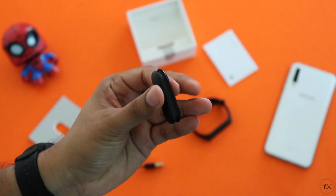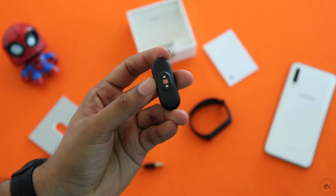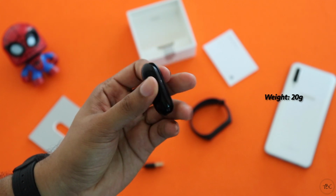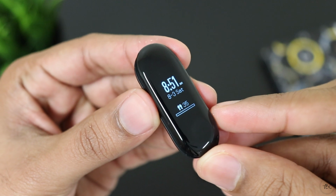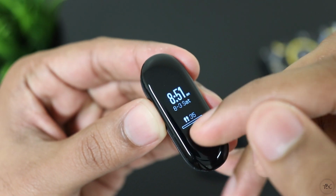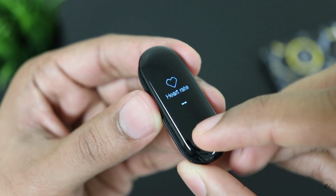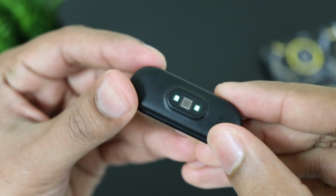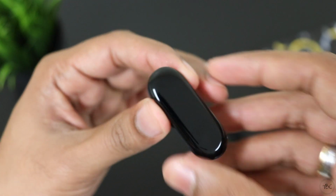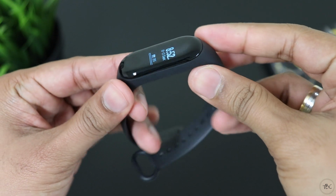Well, the specs of the band are still not bad, especially for the price. The main unit is a small one built of plastic and it's a pretty light one. There is a touchscreen on the front which has curved edges and it's a 0.78-inch OLED touch display, which is, by the way, not a color display. The unit also houses a heart rate sensor and a 3-axis accelerometer. This unit actually goes inside this band, which is bundled in the box, and the unit fits in well